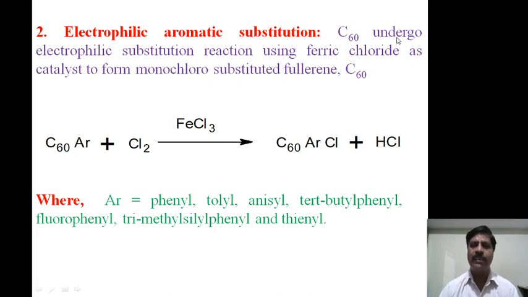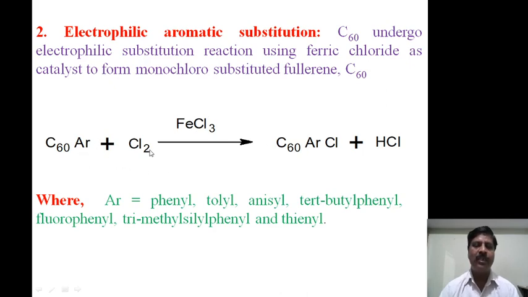The C60 undergoes an electrophilic substitution reaction using ferric chloride as a catalyst to form monochloro-substituted fullerene, a monosubstituted C60. Therefore, here the aromatic ring, that is C60, undergoes chlorination using ferric chloride as a Lewis acid, and